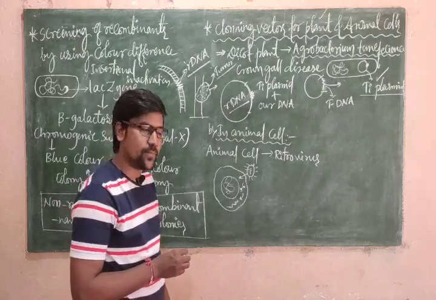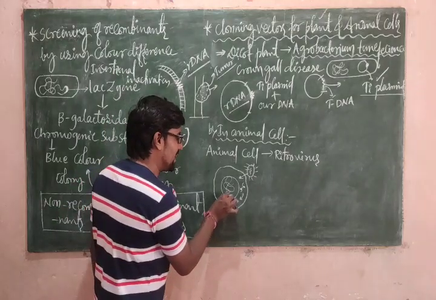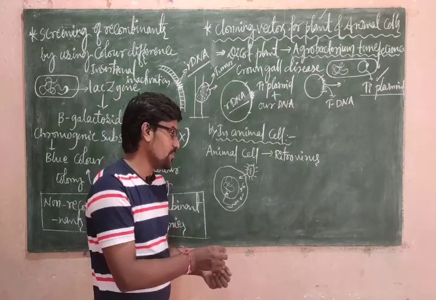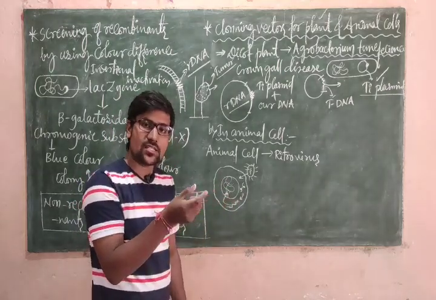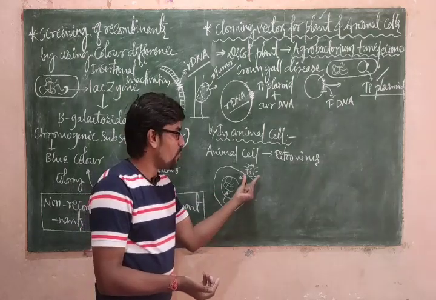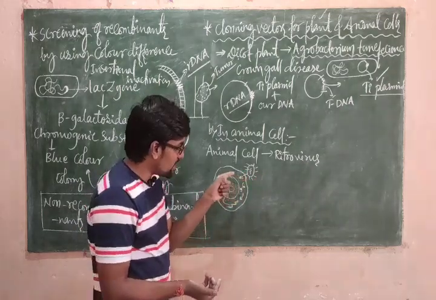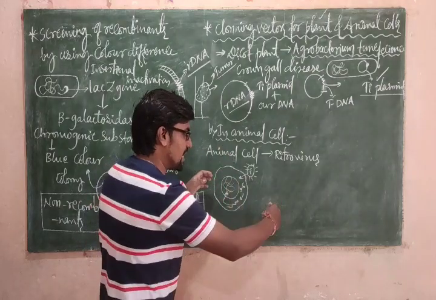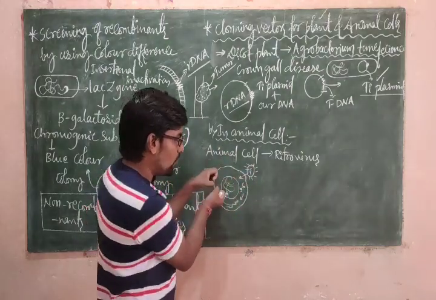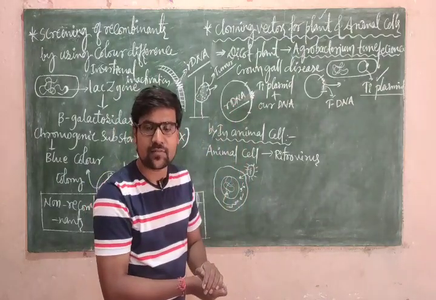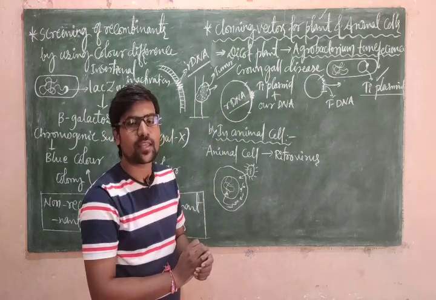RNA is converted to DNA. This DNA integrates with the host DNA. After integration, the host DNA starts producing proteins. Those proteins are useful for the formation of many viruses in the host cell. Then many viruses are formed, and the host cell is going to break. Viruses will come outside, and one virus will attack one host cell again. This is the normal procedure.